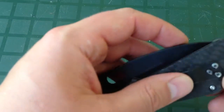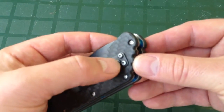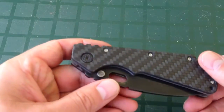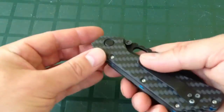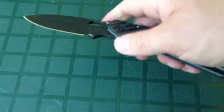I just noticed this hardware too. Everything was perfectly black when I got it. Sorry, not even in frame, but this hardware too is rubbed off. So I mean, maybe just the finish from Buck originally was crap. I really don't know. But overall, a fun little EDC knife for sure,